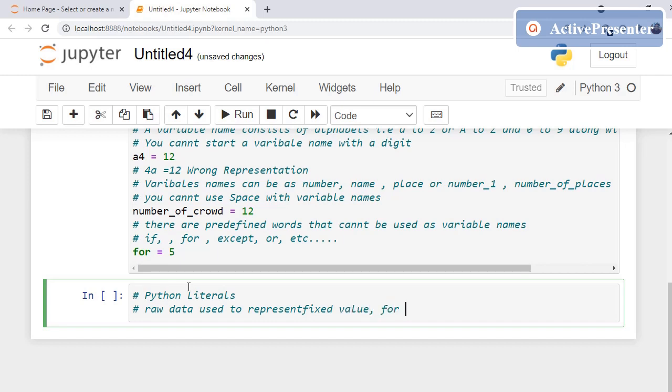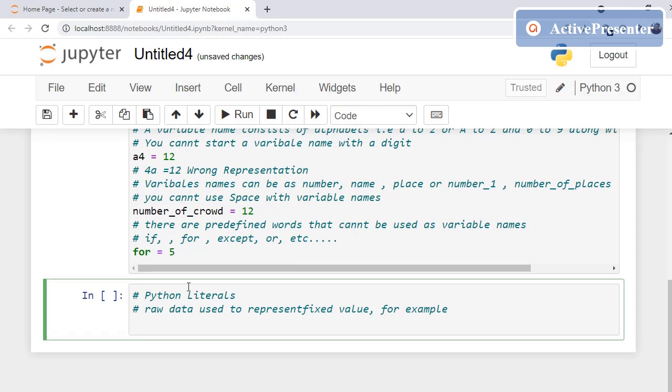For example, if I write number equals to 5.5, here number is a user-defined variable and 5.5 is called the literal.